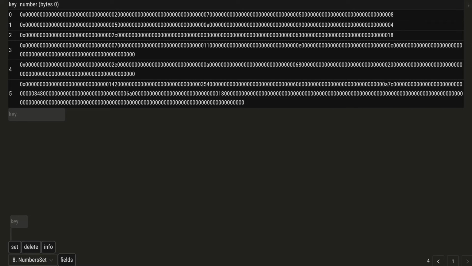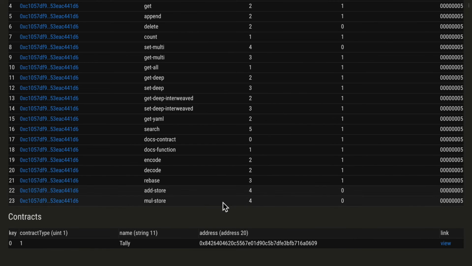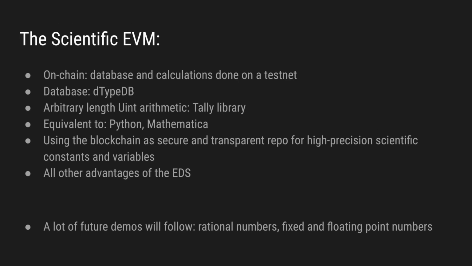So what have I done here? I have created some functions in the EDS contract that retrieve values from the arbitrary large numbers set, use Tally to compute a result, and then insert the result in the same table, in the same set. So you have seen a demo of an on-chain database with calculations performed on a testnet. The database is dtypedb, and calculations are done with arbitrary length uint arithmetic, the Tally library,